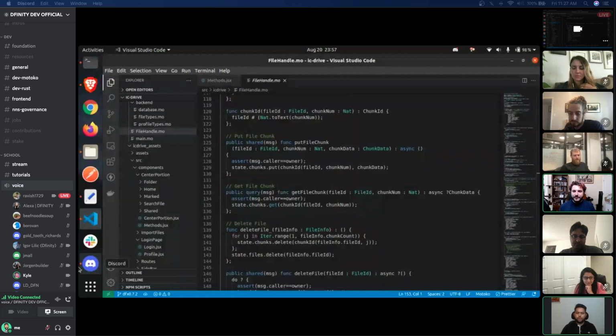I think that would be quite interesting, like how Dropbox does it, where it shows up like one of your disks, but we'll still have to see what that interface could be. Right now the front end is in React and the back end is a canister.